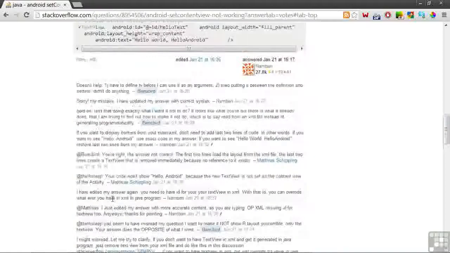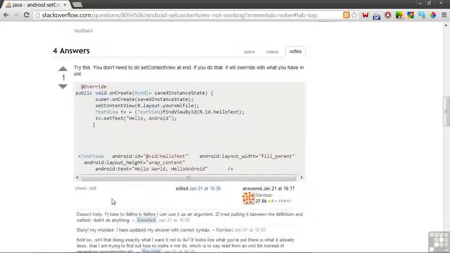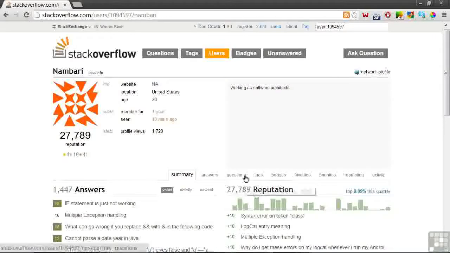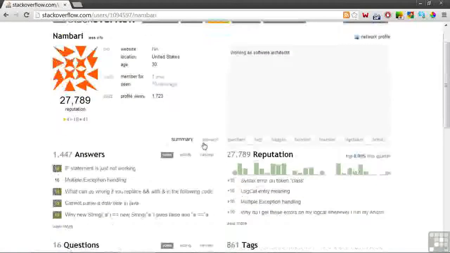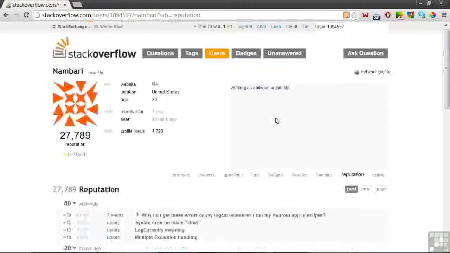Now, what I like to do when I'm using resources like this is find a handful of solutions and then pull out what seems to be the best approach or combination of approaches. It's my experience that you'll find a wide spectrum of quality in responses, from excellent to, shall we say, not so good. If you want to research the history of a developer, you can click on the name and you'll see a lot of information about the person, the answers that they've offered, a measure of their reputation,